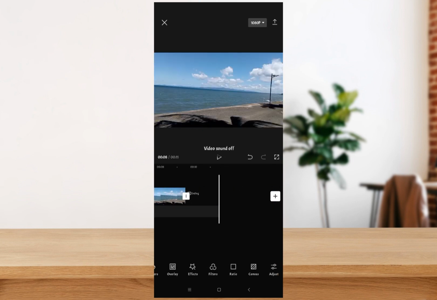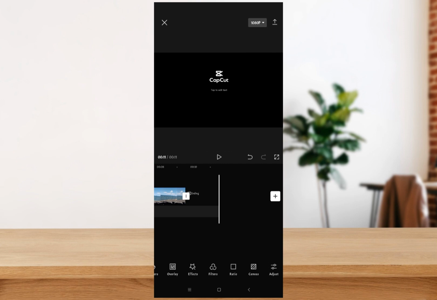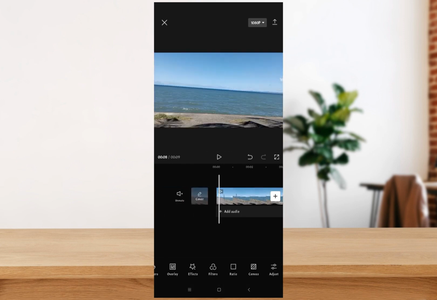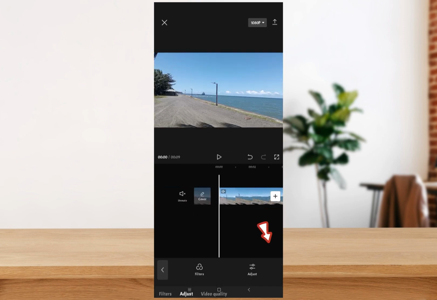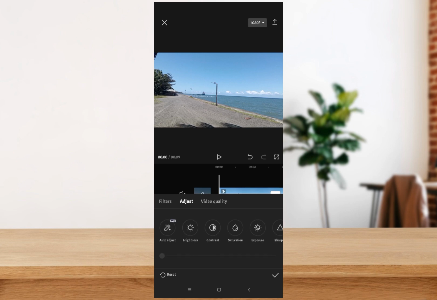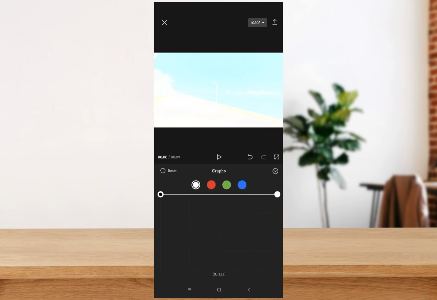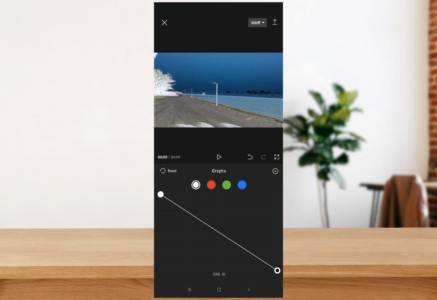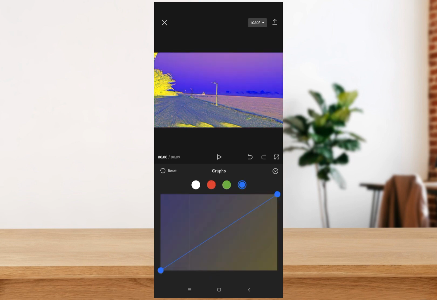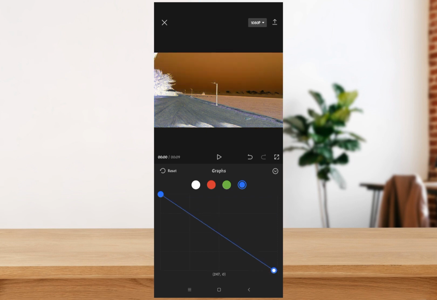So after doing that, we can start editing the video and let's go to the adjust option and then look for graph. Okay. And then here in the graph, you'll see 4 colors, white, red, green, and blue. So let's just follow the procedure all throughout the colors, and then after doing that we can go back and look for the